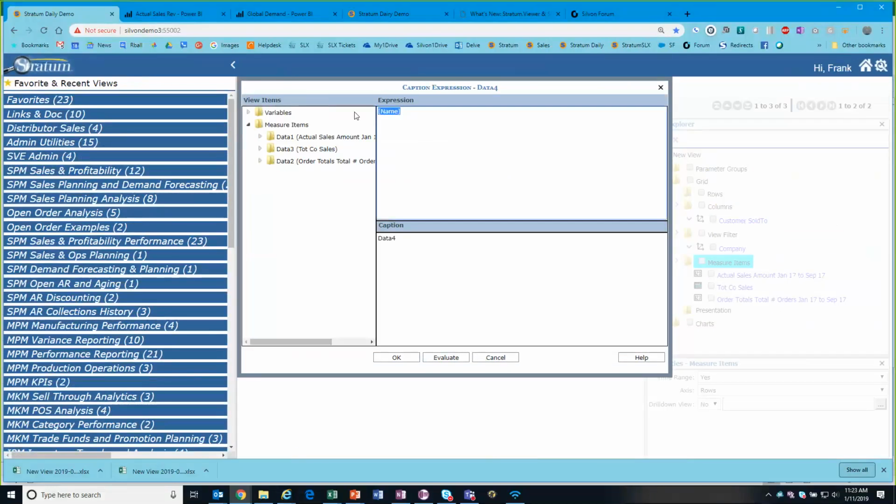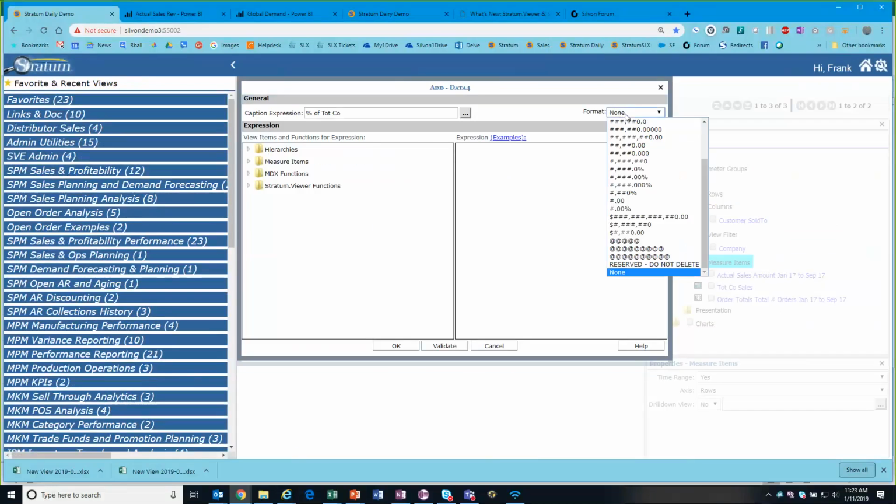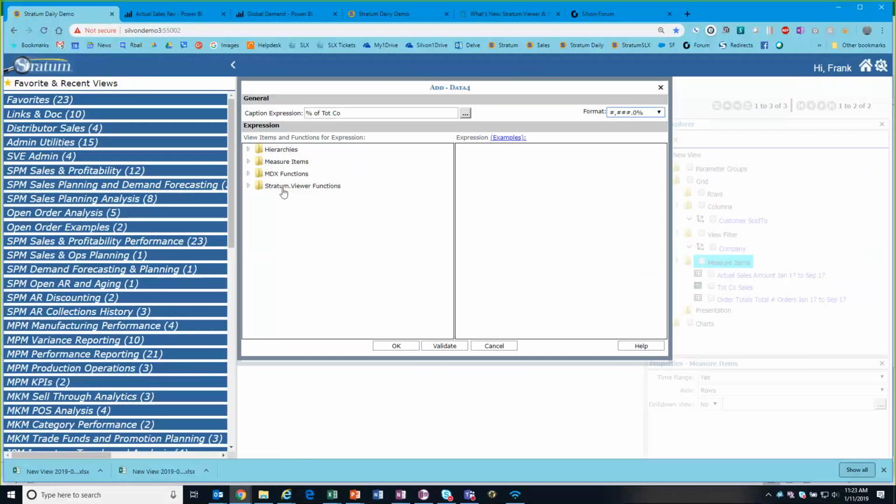This is percent of total company, right? So this is percent of total company. So I'm able to give it a caption right here. Then this is going to be a percentage, so again, I'll pick a percentage. Then you'll see we brought forward for 6.9 the Stratum